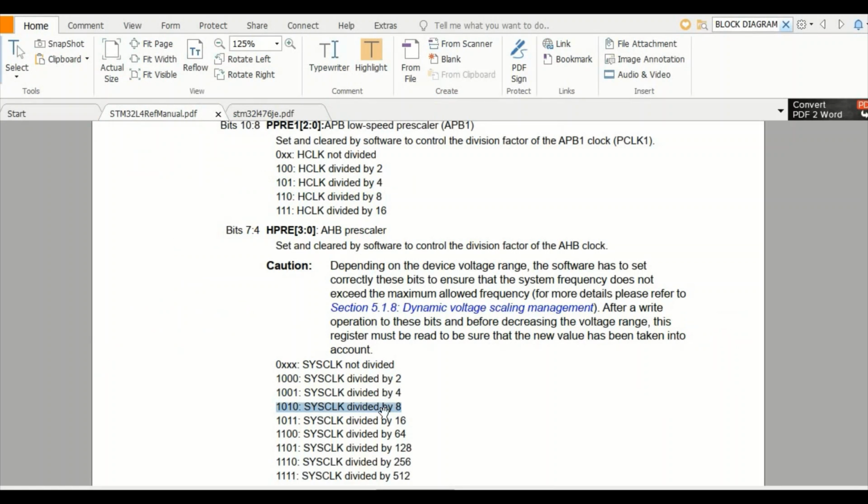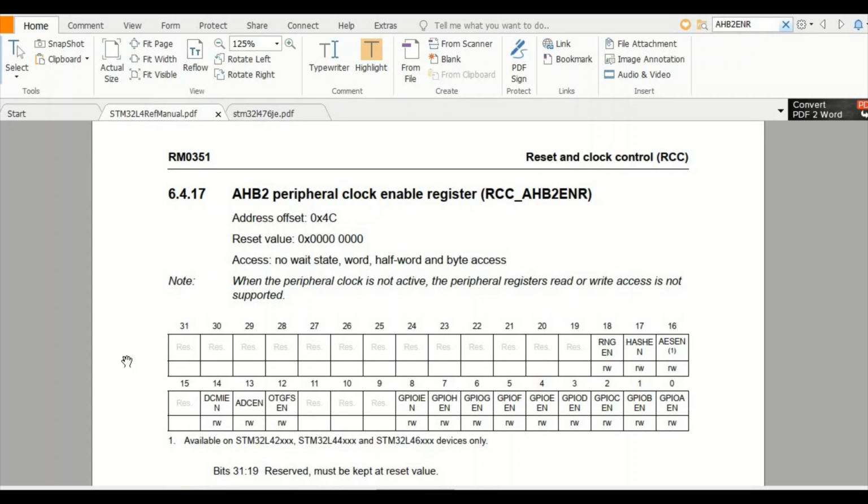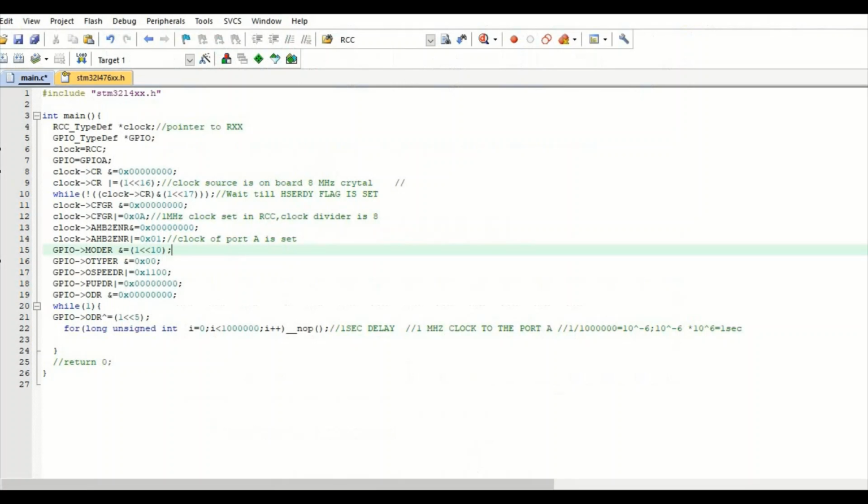Actually, the AHB2ENR enables the clock of GPIO A. Look here, this register AHB2ENR has this bit which is GPIO A enable. So for enabling port A, we just have to put a value of 1 here. I have done the same here in this step.